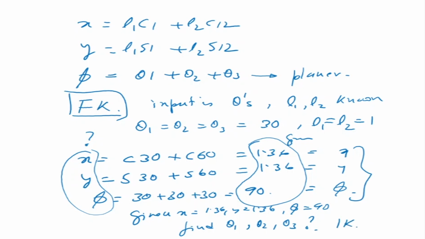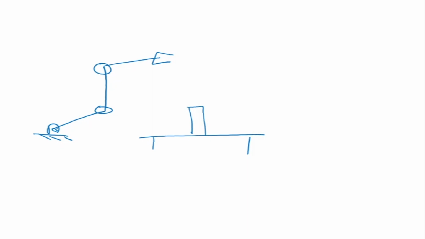Now this is more important for us because when you look at a normal robotic system, suppose I want to go and pick up an object, which is maybe on a table, then I have to go to this point P, and I'm giving you the x, y, and z, and alpha, beta, gamma, which are the three angles of the end effector when it goes to pick it up. Now I ask you to find out the corresponding thetas. From the control point of view, inverse kinematics is more important than forward kinematics, and it's also more difficult.